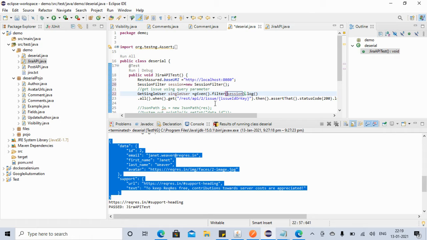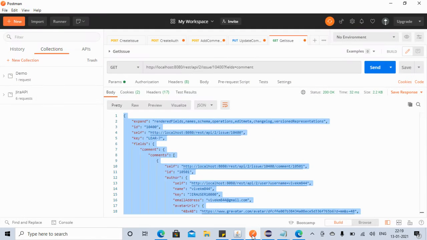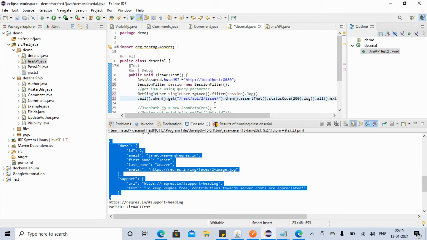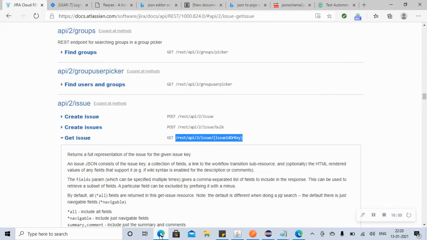Then we are saying issue. The issue id you can provide here, or using the path parameter, but I will just provide it directly here. So what is the issue id? Our issue id is this, 10400, right? Yes, 10400.